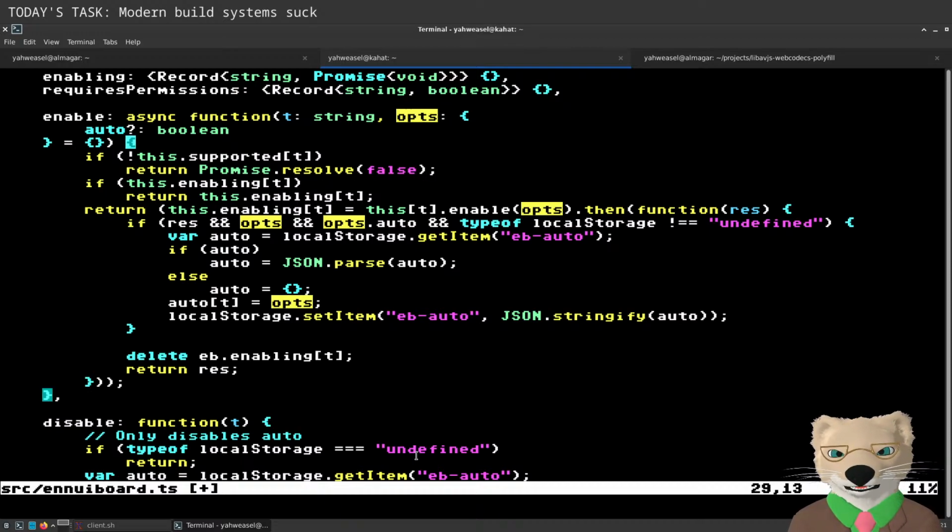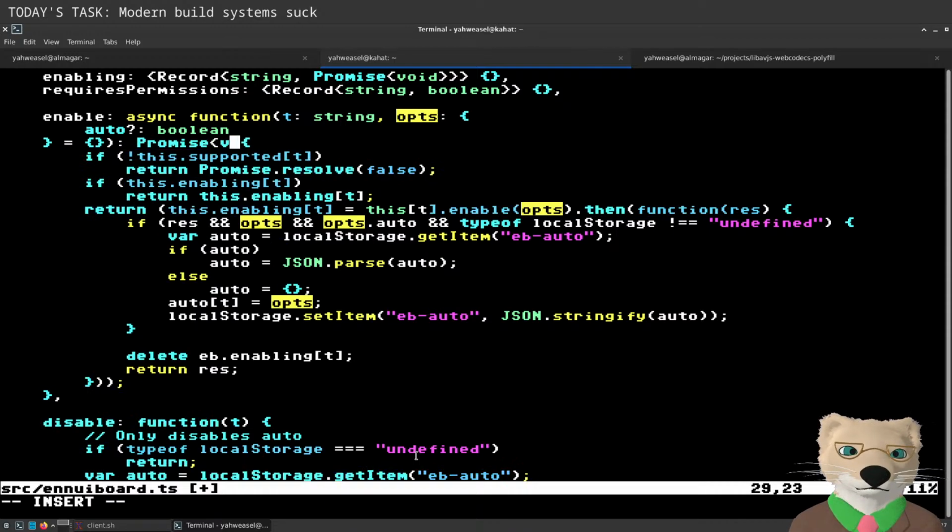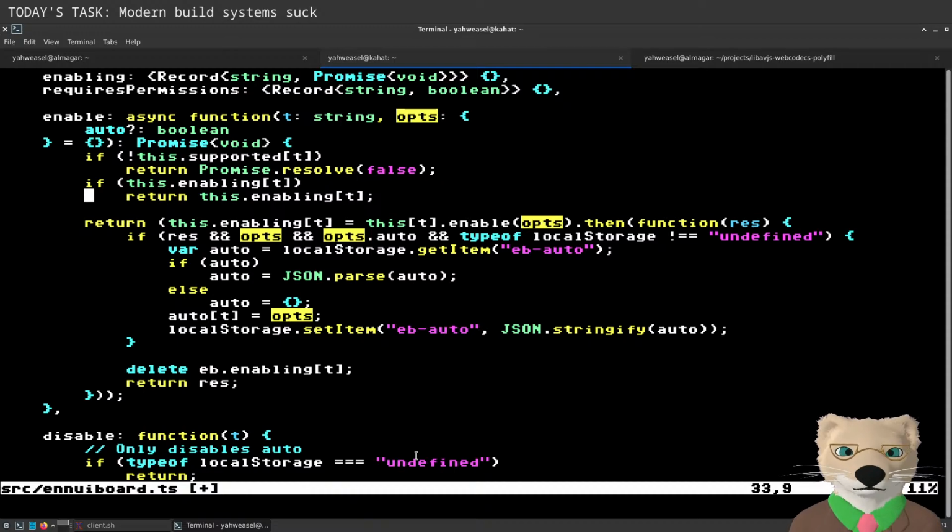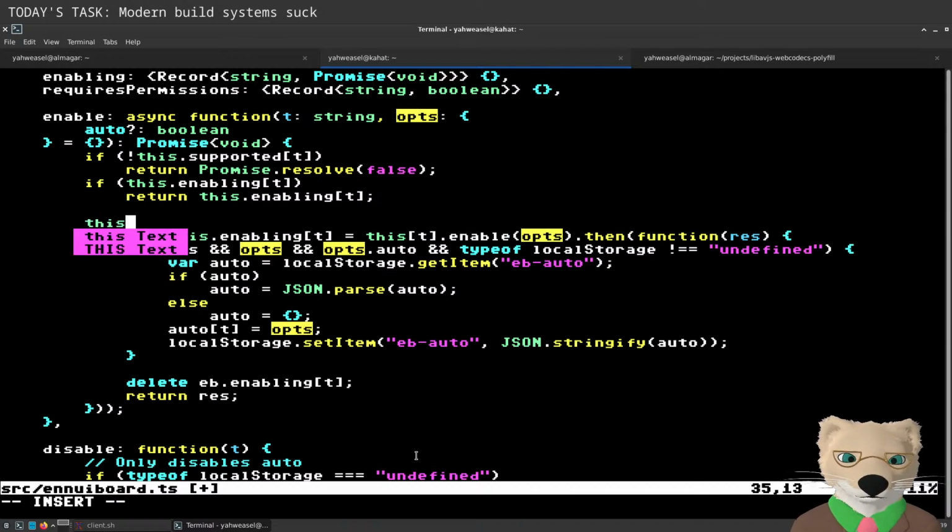Right, this is an async function. And this returns a promise of void. Right, okay, so I do need... Okay, ooh, this is confusing.